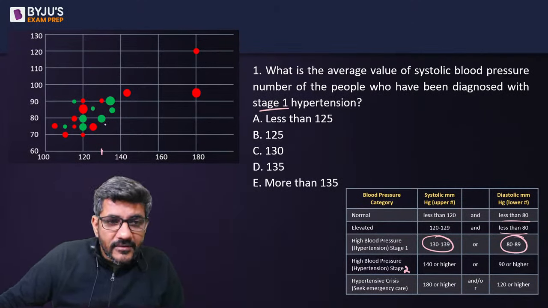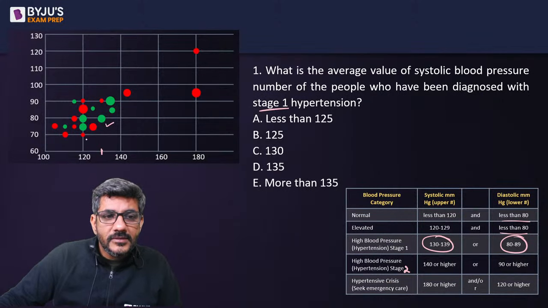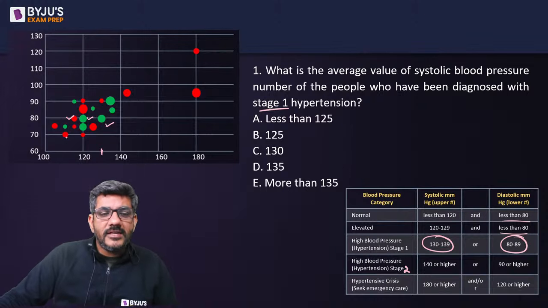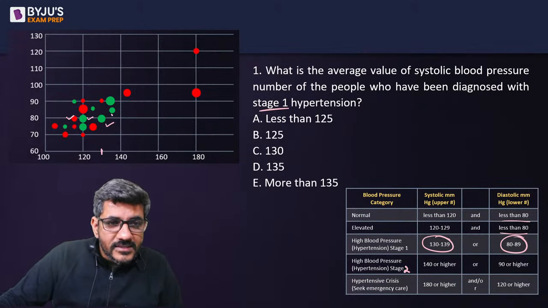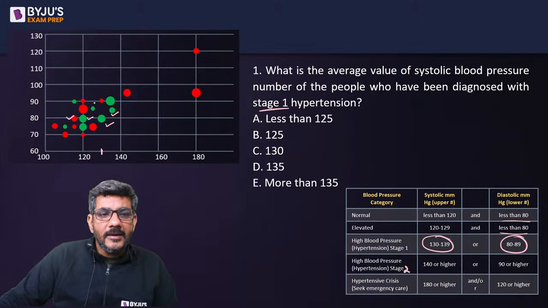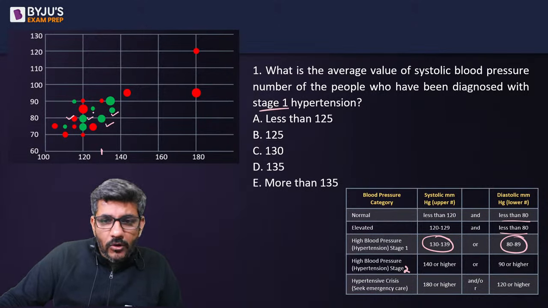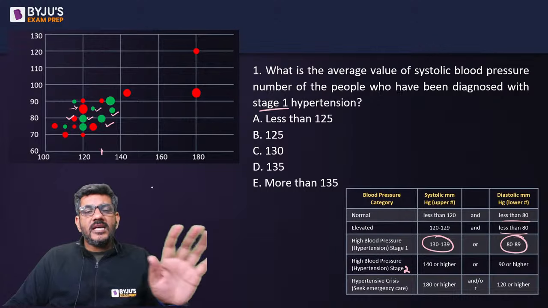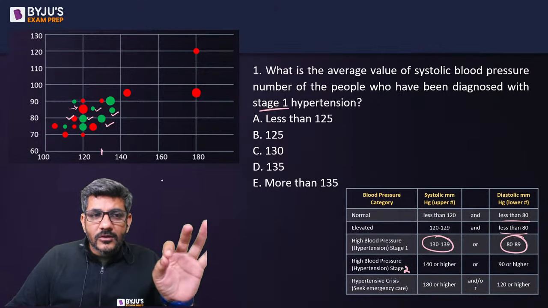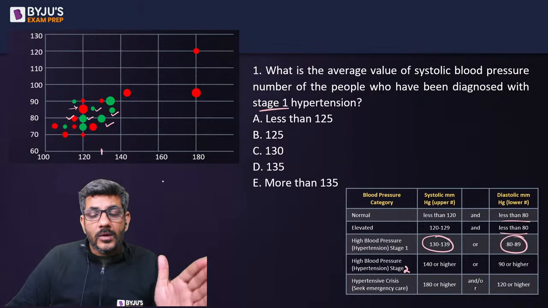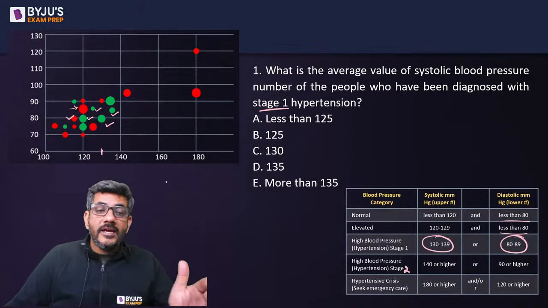So this guy would be considered high blood pressure, stage 1. This guy would also be considered. This guy would also be considered because they all are at 80, right? This person is above 130, that is 139. And what about this person? He is also from 80 to 89. What about this person? This person is also 80 to 89. So that's it. These are the 6 people who are there. I hope you are getting my point. These are those 6 people, either they are 130 to 139 और दे आर 80 टू 89.